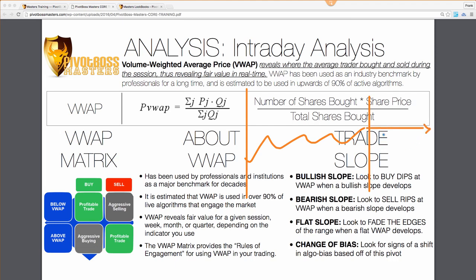We're not going to be talking about those much now, but you'll see some of that in later courses and chart galleries with regards to our master's education. But I just wanted to show that a VWAP pivot is very important as well, and it's the final closing value of VWAP for any given session. So if it's a day VWAP and it closes right here, that's where VWAP's final value is. The upcoming day, that VWAP is now a pivot for fair value in the upcoming day.